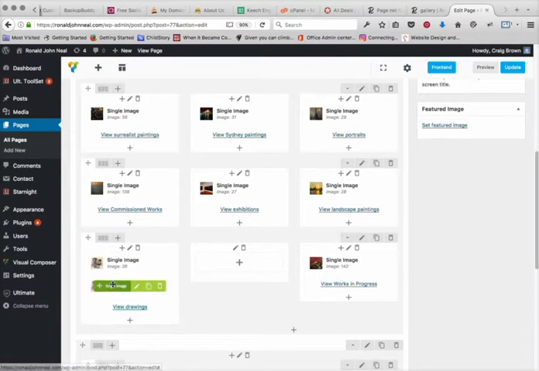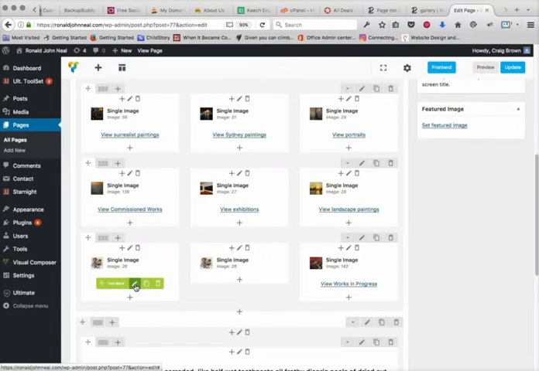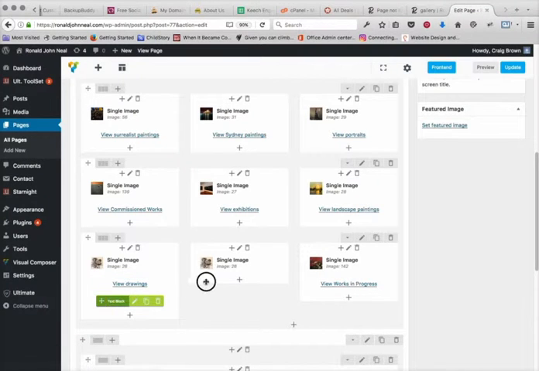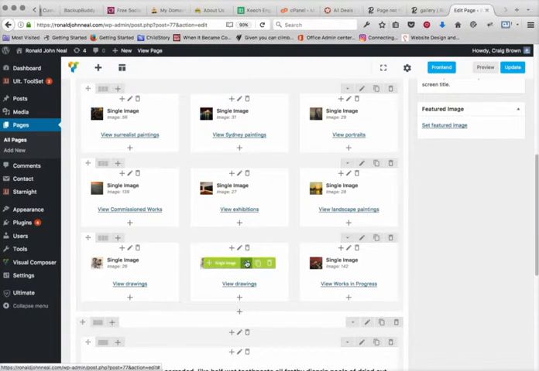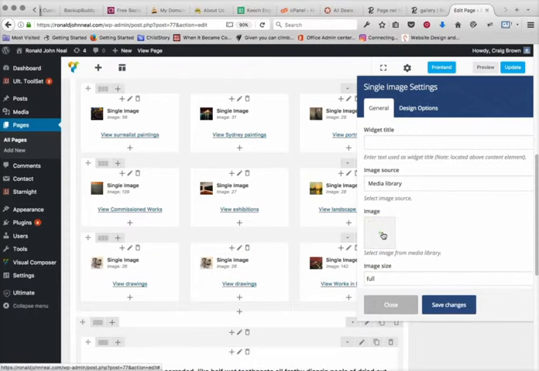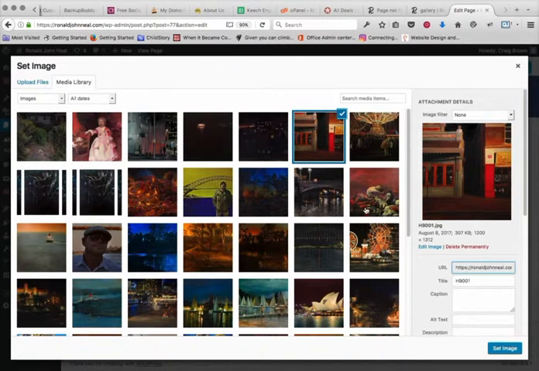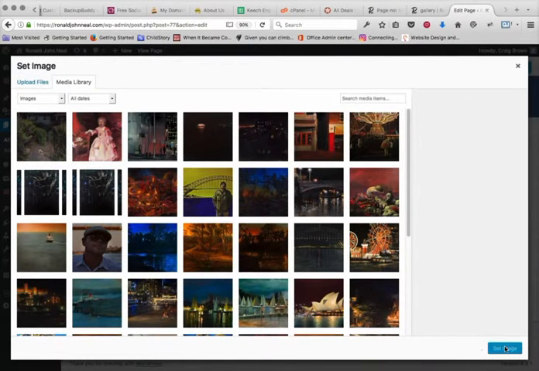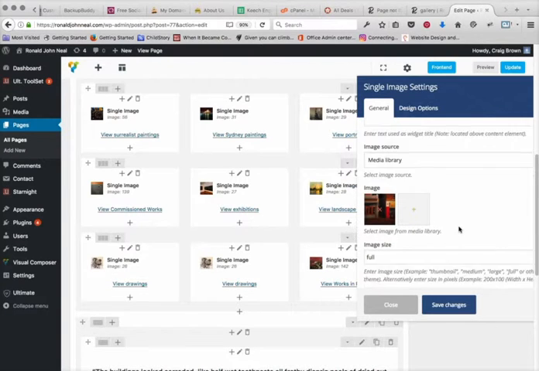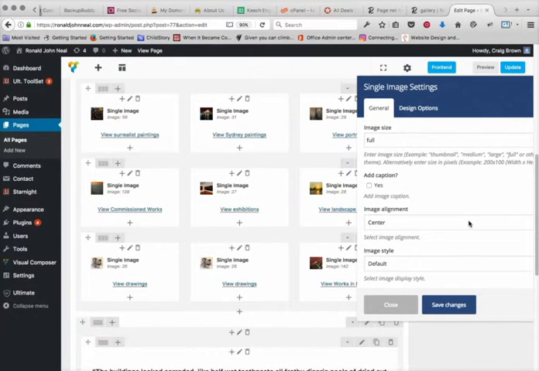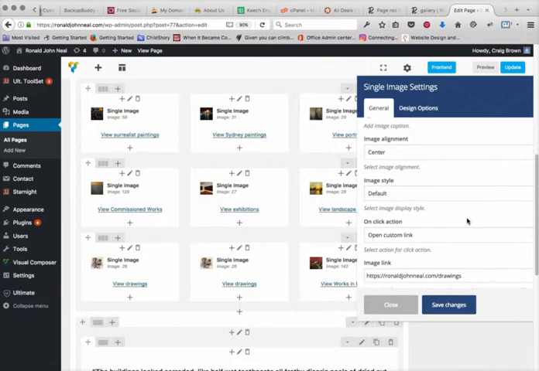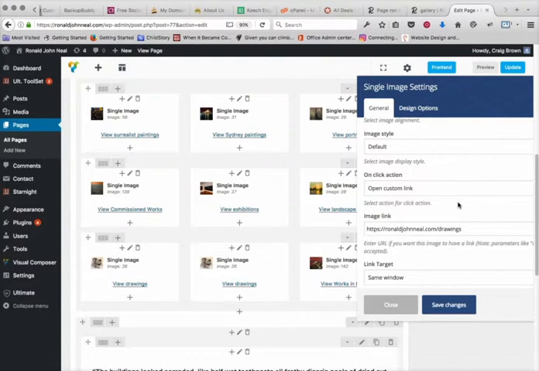And I'm just going to duplicate this image, drag it in there, and duplicate this link box that we made and drag it into there. I'm just going to update this to that night paintings one you did. Now it's not a square, but it seems to work putting it into this as a square, doesn't it? Let's see. I'm hoping that picture should have been a square. Anyway, the image link goes to,